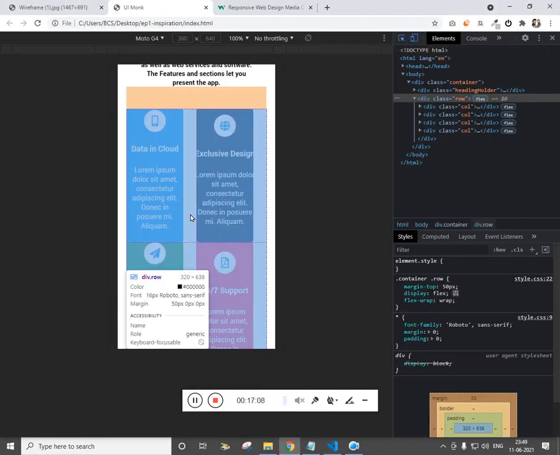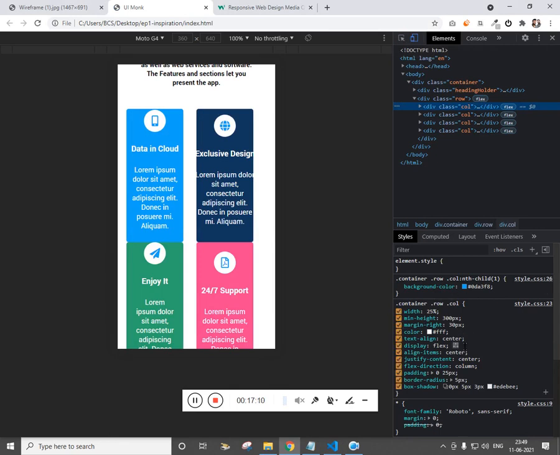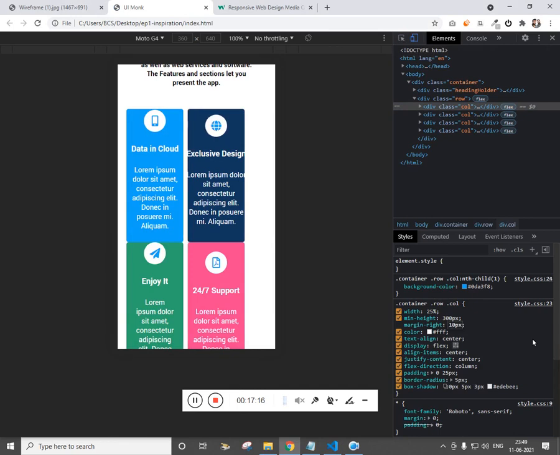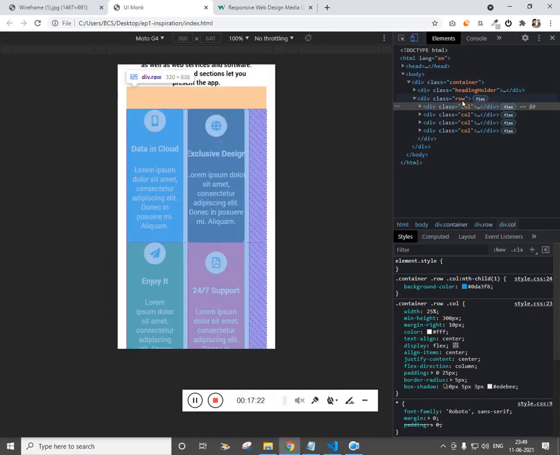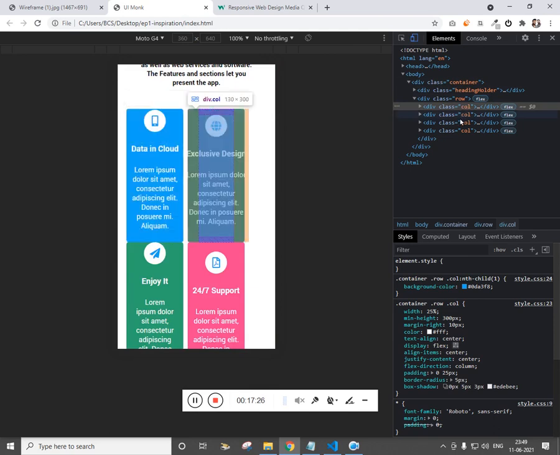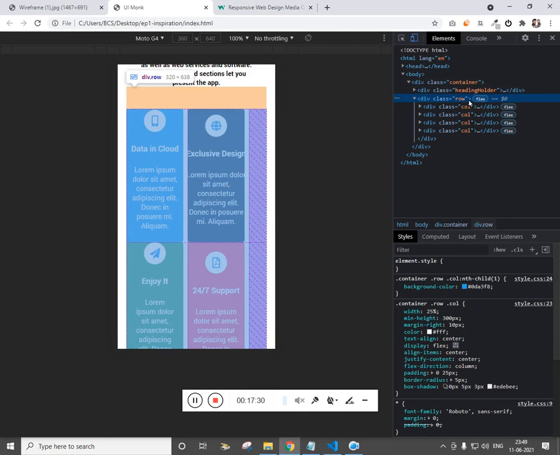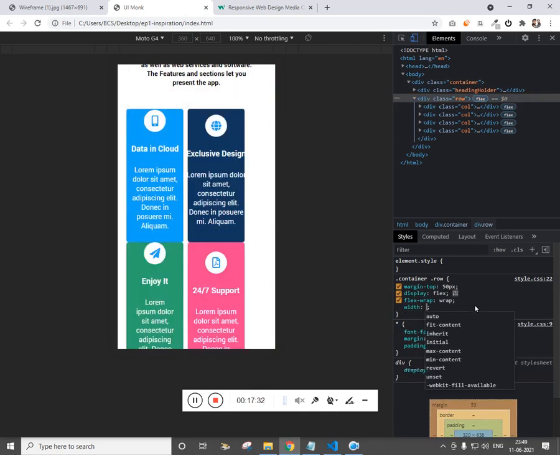We need to remove the margin. Margin right, let's say 10. And let's give the width of 100%, not needed.